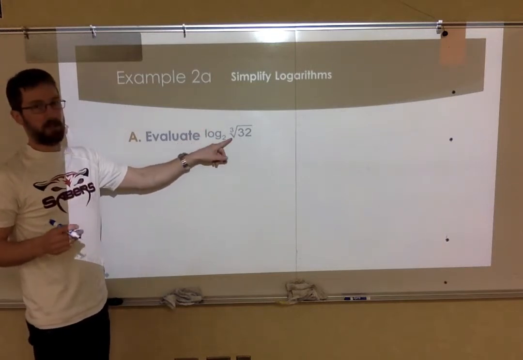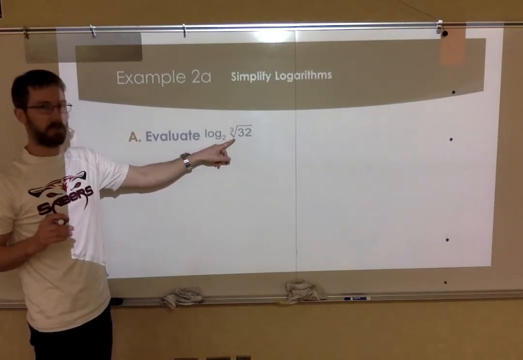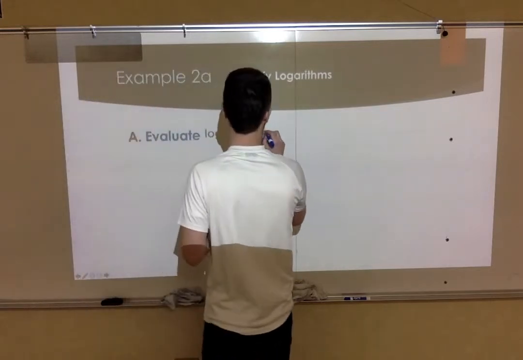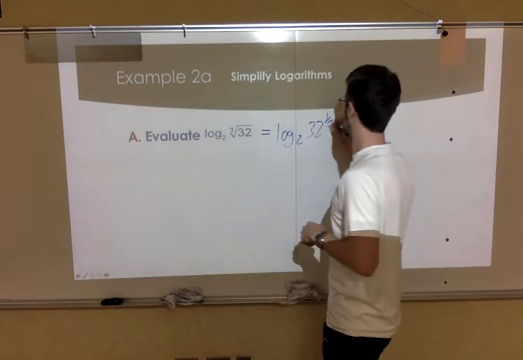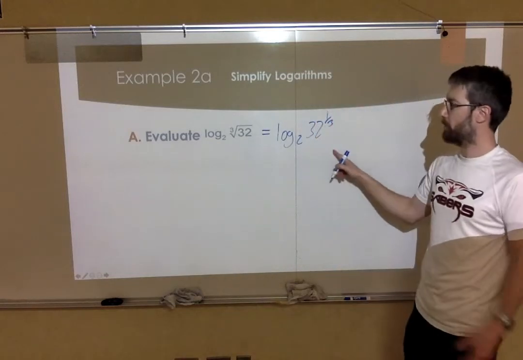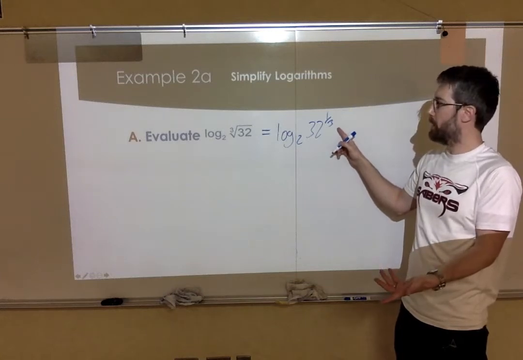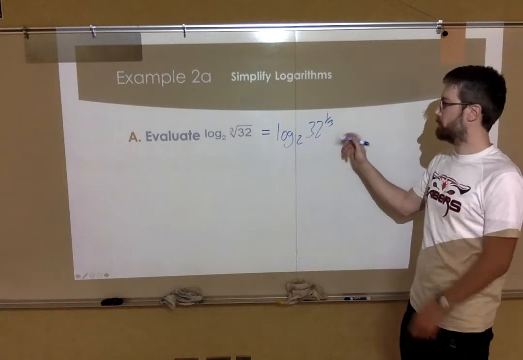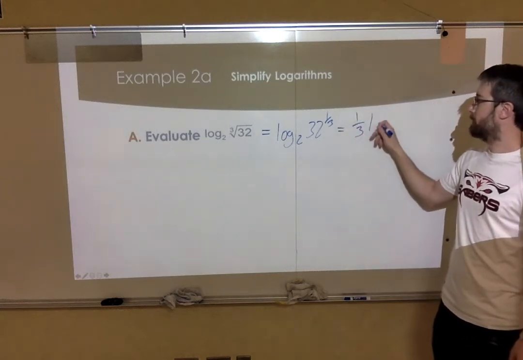Cubed root of 32. At this point, we should be able to recognize that this has an exponent form of 32 to the 1/3 power. Not necessary to show this part of the work. You could certainly just know this and plug it right away. But it's probably at this point better to show that. All right, so if I plug that,